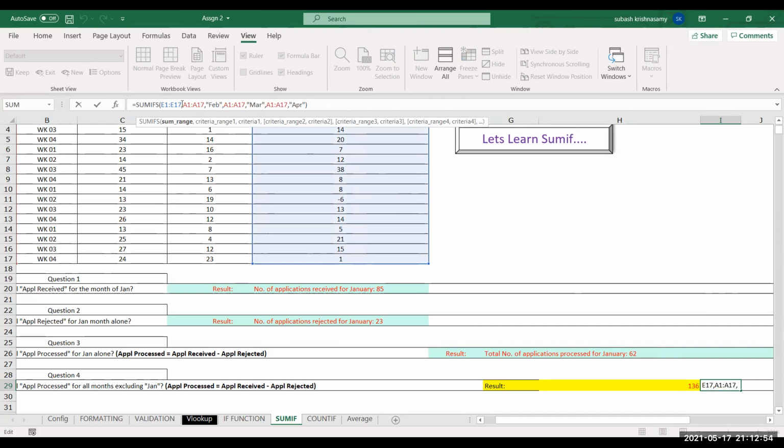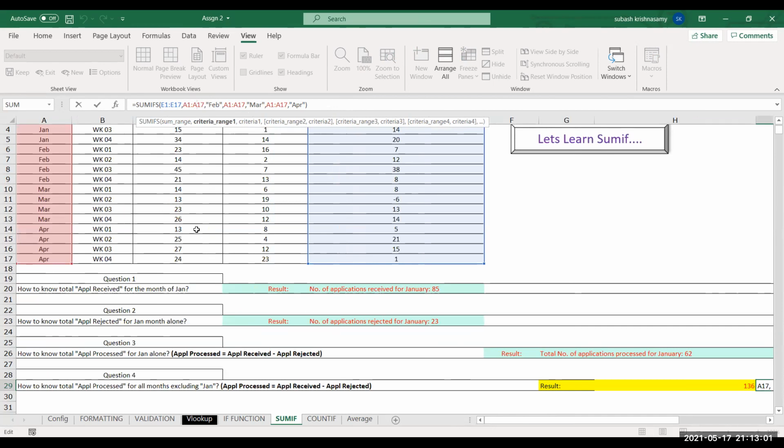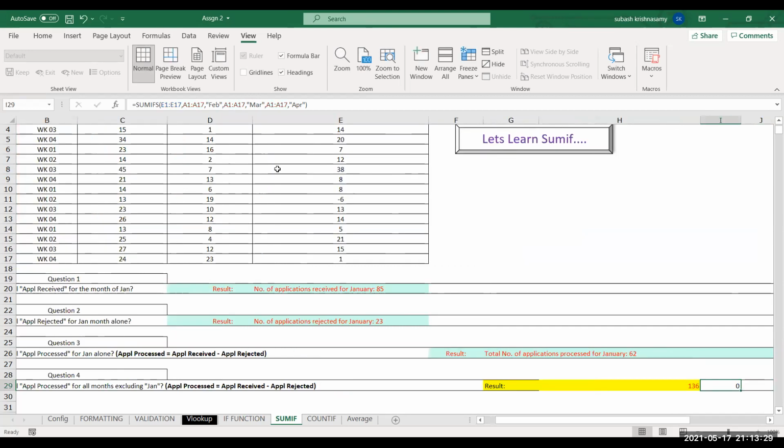Then you have selected criteria range 1, that is A1 to A17, in which we're getting months, and then you give the criteria for the month Feb. No, what is happening is you cannot apply this because you are applying the condition of AND. In the same range, you are saying that you should have the month as April, and the same month you should have as Feb, March, like this. So technically this formula was supposed to be done like this.